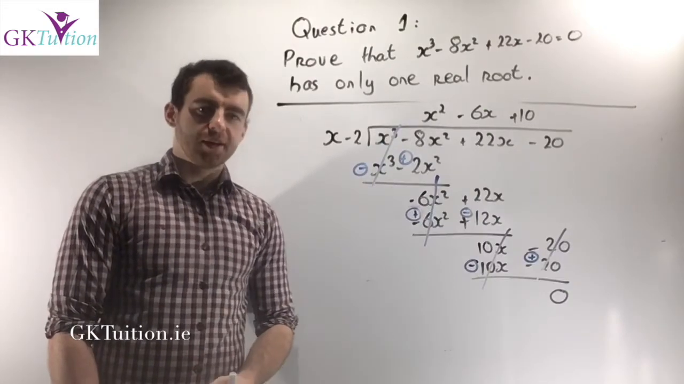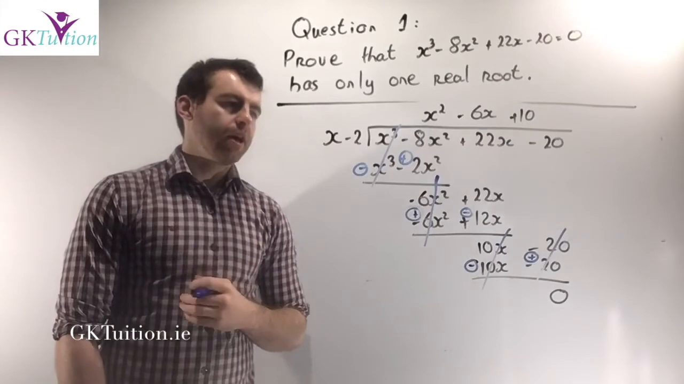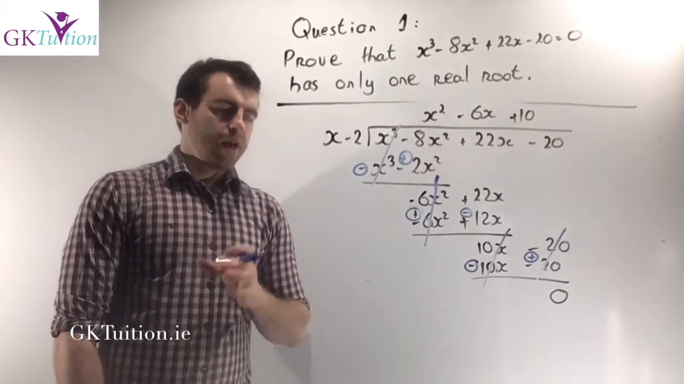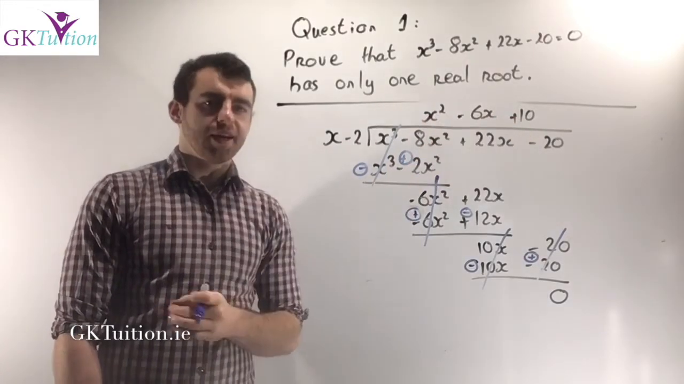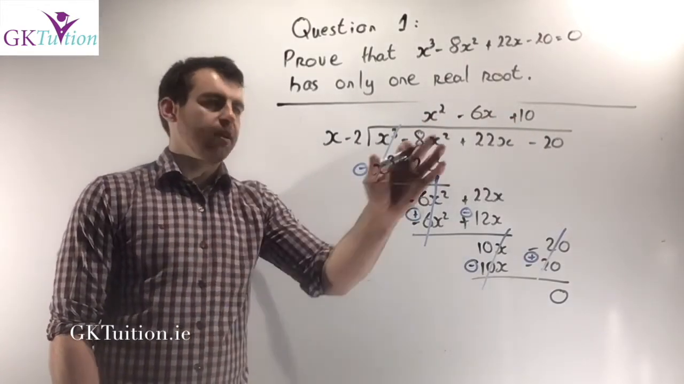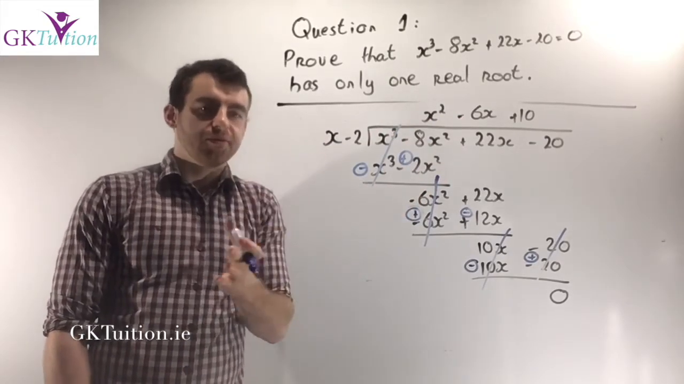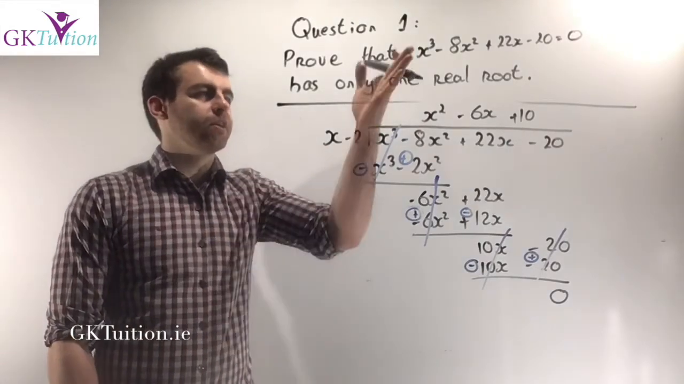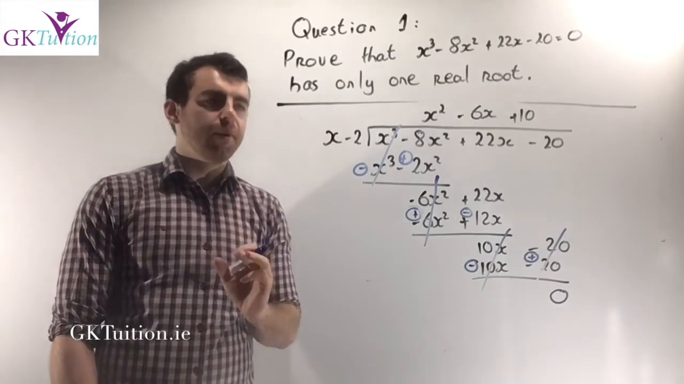So it's fairly basic long division here. I've divided x minus 2 into my original cubic, and I ended up with x squared minus 6x plus 10. Now what I need to do is prove that this quadratic has no real roots. If this quadratic has no real roots, and I've already identified the one real root, x equals 2, I can conclude that the original cubic has one real root of x equals 2 and two imaginary roots that